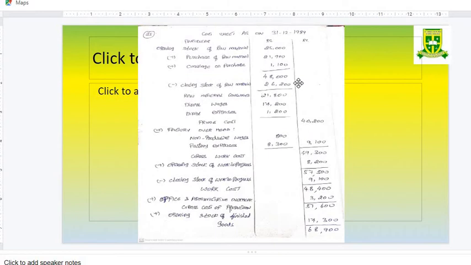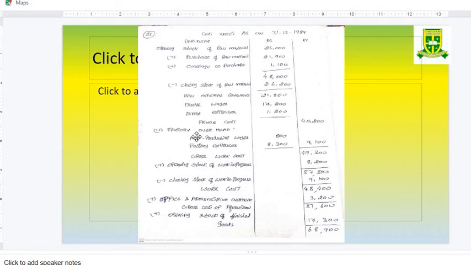This 48,000 is the total stock available for that year. We don't need the stock available details. We only need the material used for the year. In the question, the closing stock of raw material is given, 26,200. After deducting it, we know how much we have used for the particular year. How much have we used? 21,800. That amount is called raw material consumed or direct material. In the question, direct wages is given, direct expenses is given. So add 3 items, that will be your prime cost.